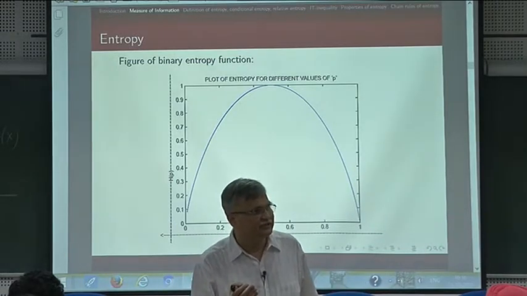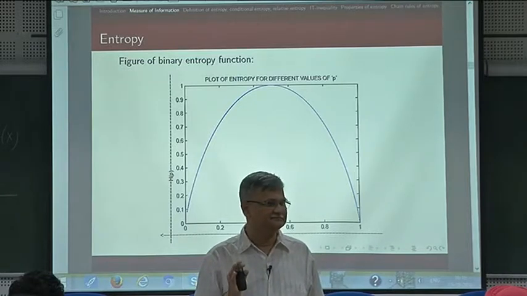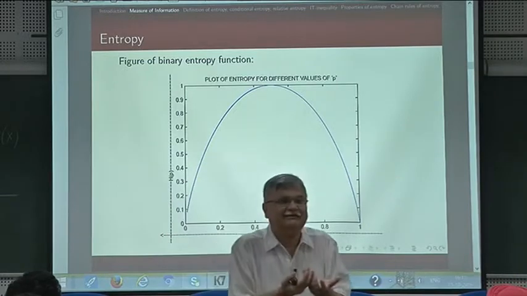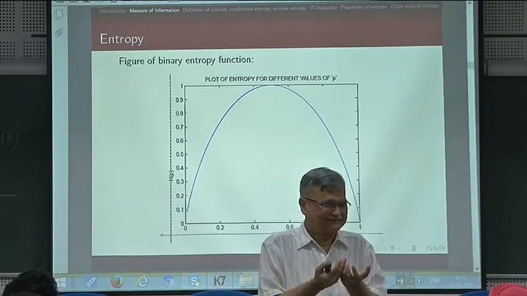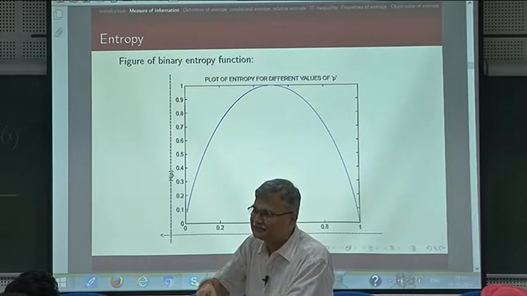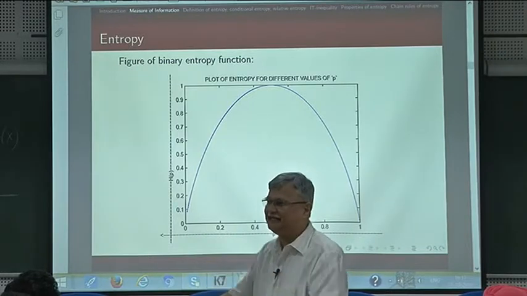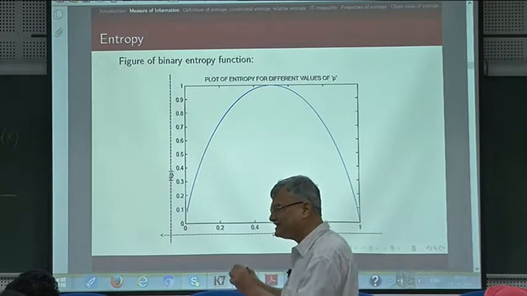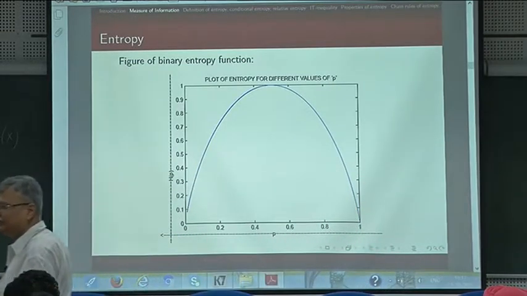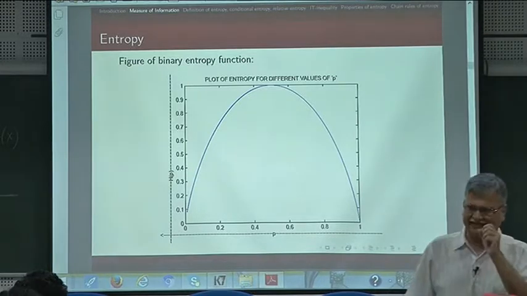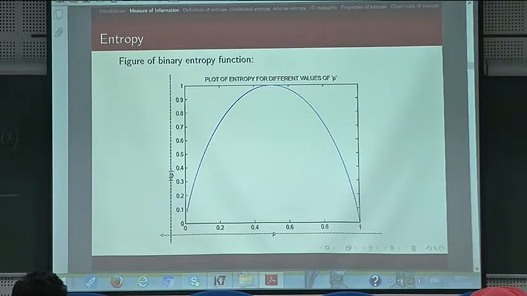How do you say this is intuitively satisfying or not satisfying? Satisfying, because the maximum uncertainty is when both the events are equally likely. If one event was more likely, then uncertainty is less. If both the events are equally likely, uncertainty is maximum. So, that is something very beautiful, that whatever we are doing, we are trying to make our mathematical framework more rigorous, more structured, but every time we are testing it against intuition, and in that sense it is reinforcing our